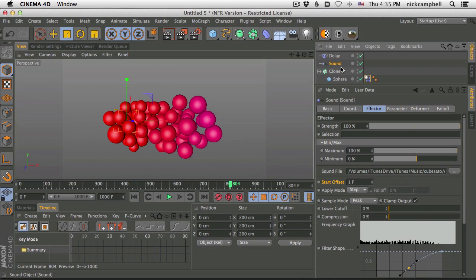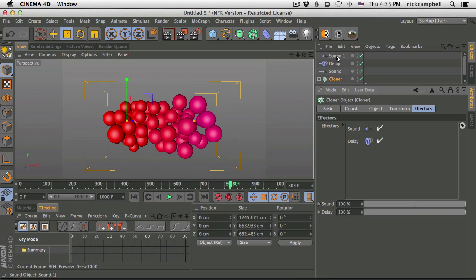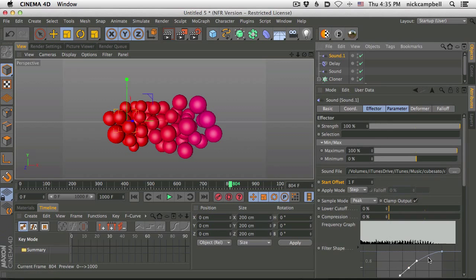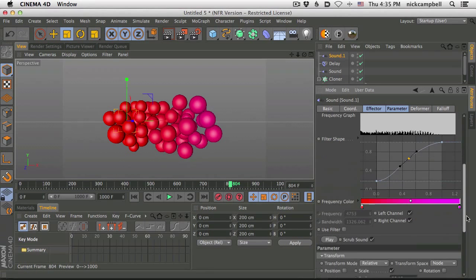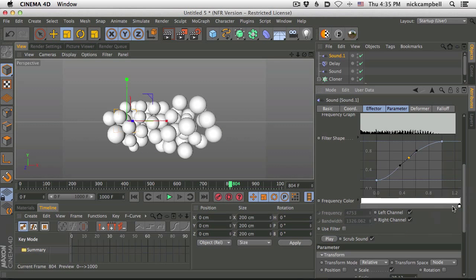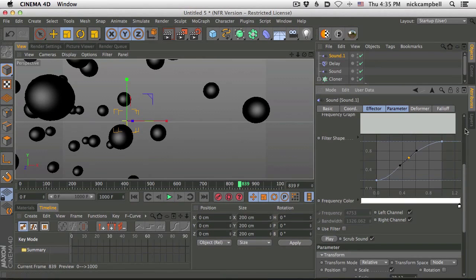So essentially what I did was duplicate the sound effector, and I opened up my cloner and went to my effectors and added it. Now I put it before the delay effector, and I'm pretty sure this is the order you should put it in. You want the sound effectors to happen, but you want the delay effector last. And I think that's because it will equalize both of these at the same time. So if we go into our sound effector now and give it the same exact settings, but now give it a white channel instead of a pink to blue or whatever this is, now it's going to really make the scaling crazy.